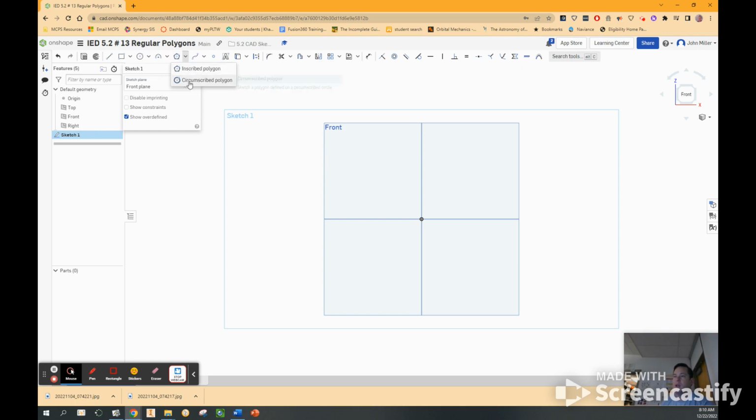We have inscribed and circumscribed. Basically, let me show you. So as I pick a polygon here, I can figure out the distance from the center to the closest point in the polygon. This is also called the apothem. We're going to use this later when we are figuring out the area of polygons, right? So let's make this one, and